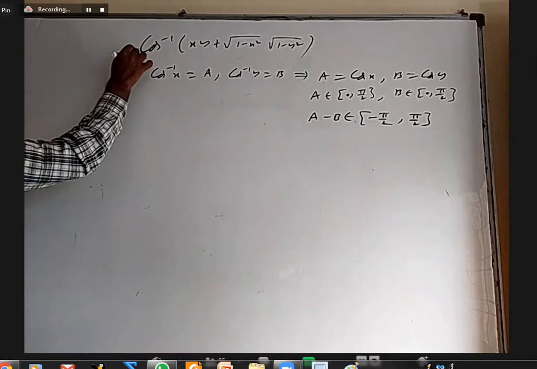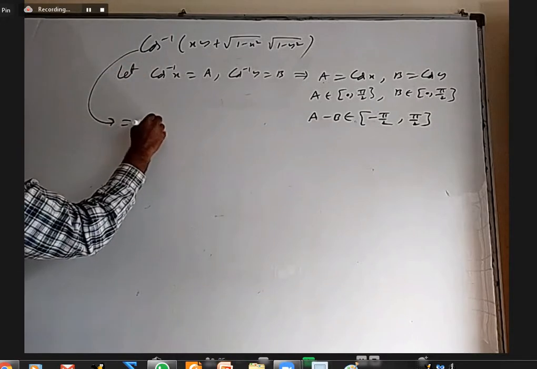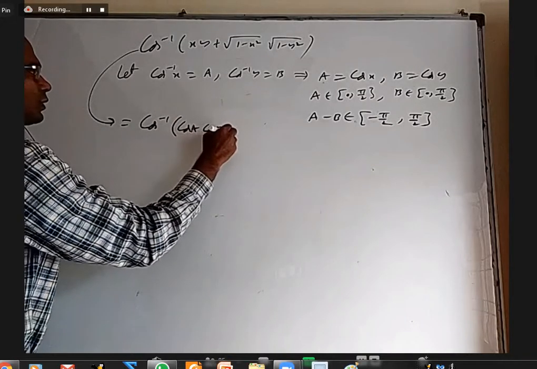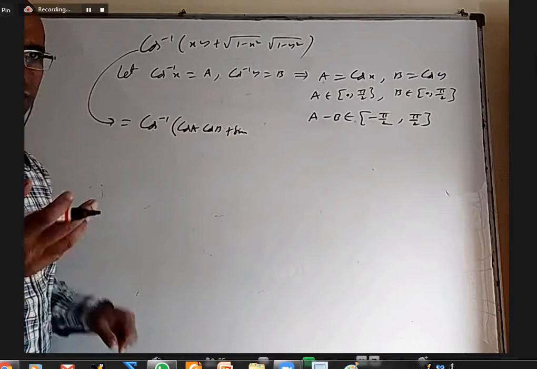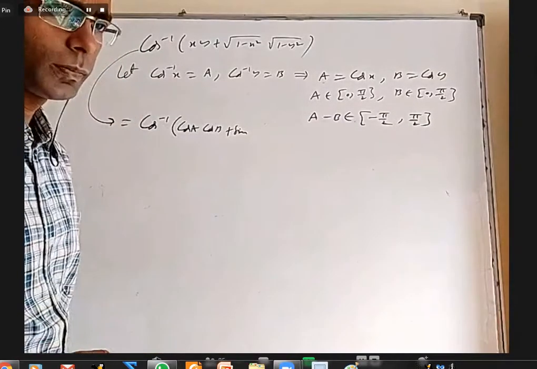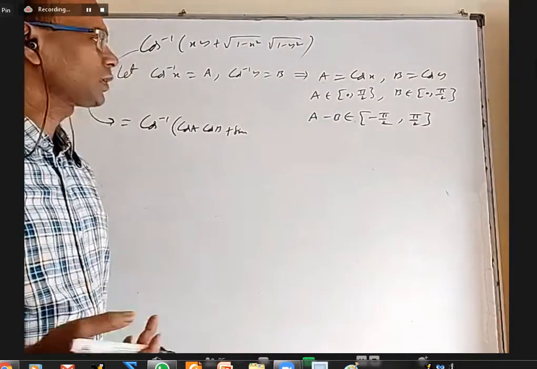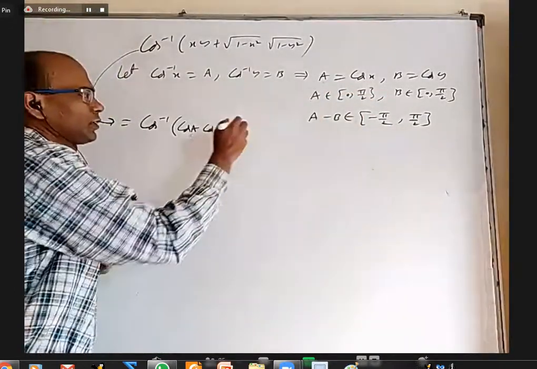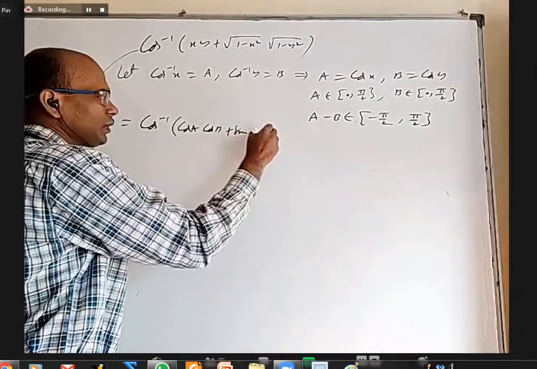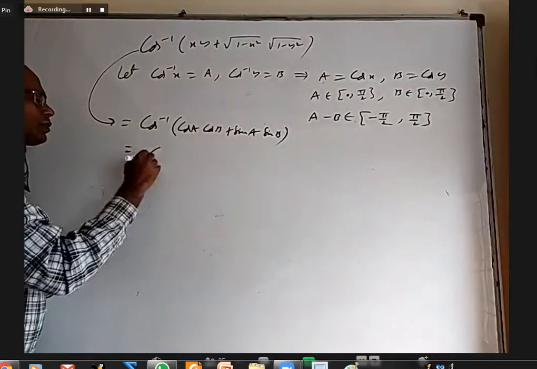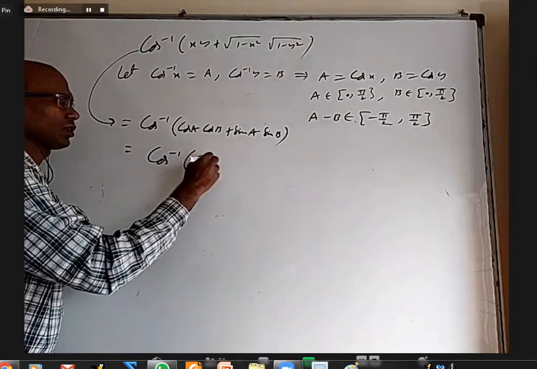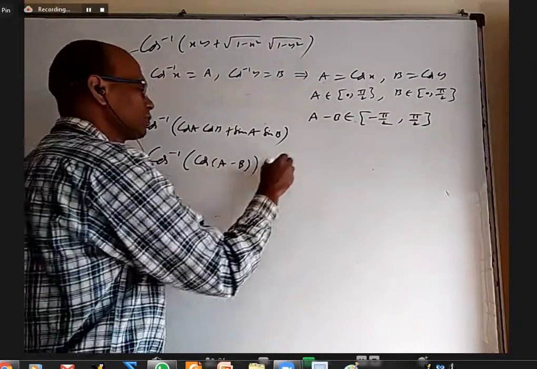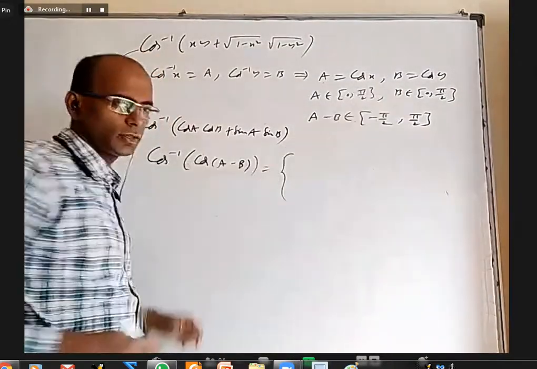So now when you're coming to this, it will become cos inverse of cos A cos B plus root of 1 minus cos square A, which is root sin square A. Root sin square A is positive. Since A is between 0 to 90, I can write sin A directly. It's actually mod sin A, but I can write sin A. Similarly, this is sin B. So I will get cos inverse cos of A minus B. But here I'll get two cases because A minus B is between minus 90 to 90.